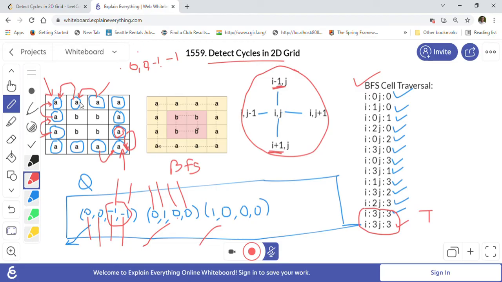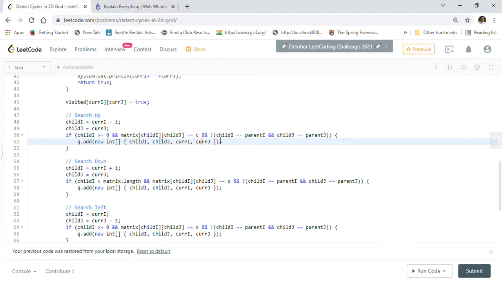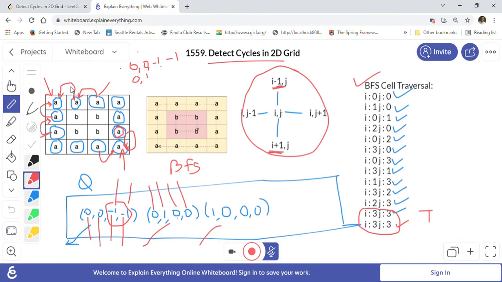So first, let's say we are going right. We will modify this, so i will become 1, right? Because now we are still in the same row, but we are updating the column. Column will be the next column. So at that time we want to check that the child i, the new value of i and j, is not matching the parent i and parent j, correct? Because we don't want to go from this cell again to this cell, right? Because it is already the parent of this cell. You have already seen it basically, correct?